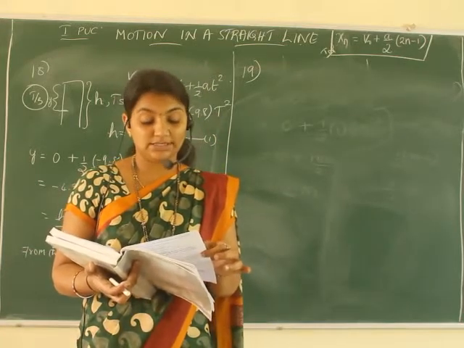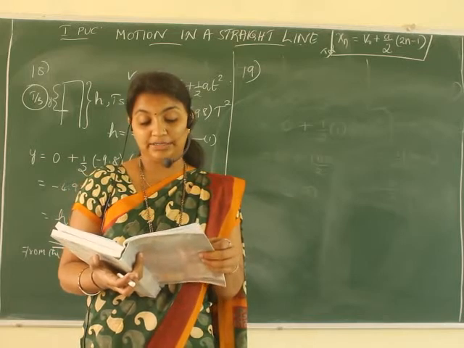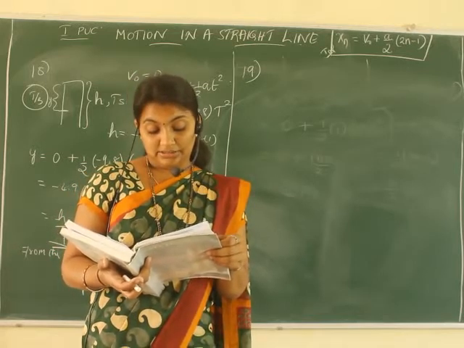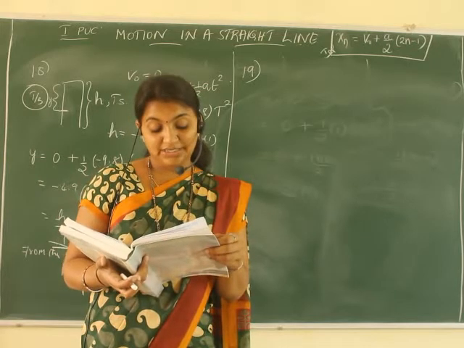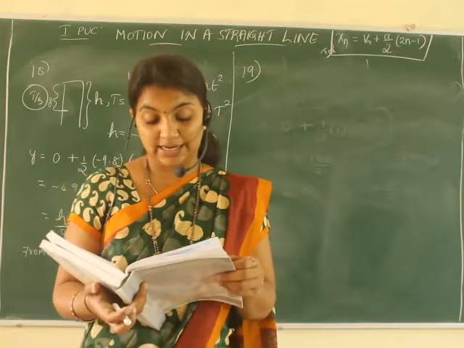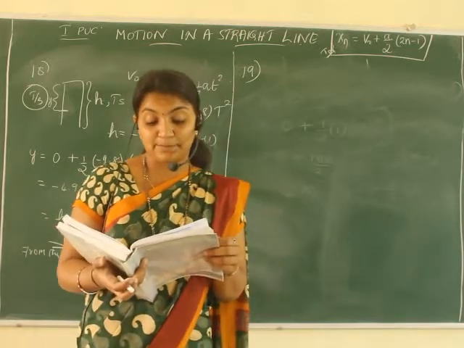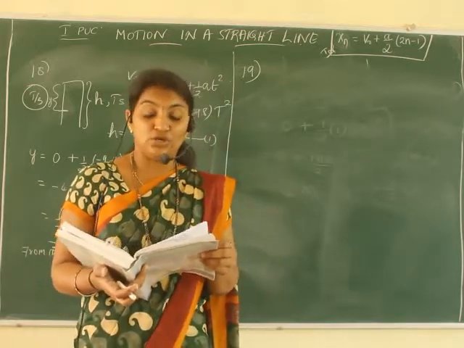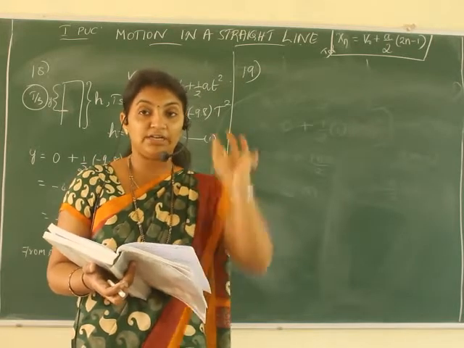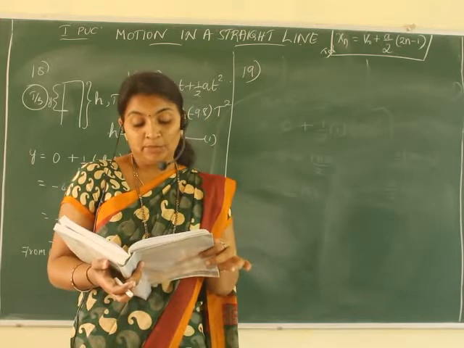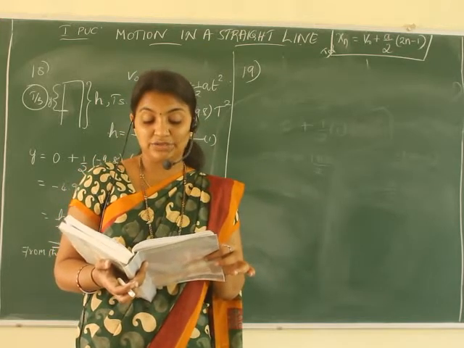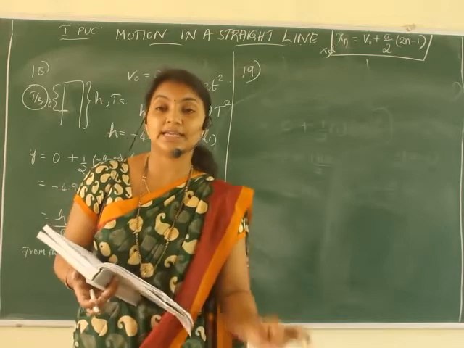With what velocity? 9.8 meter per second. Correct? Okay. Then the initial velocity is 9.8 meter per second. It reaches the foot of the building in 4 seconds. So it takes 4 seconds from the starting to the end. What is the height of the tower? You have to calculate the height of the tower and also the velocity of the stone when it reaches the ground.